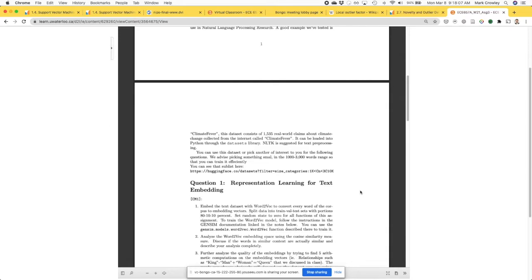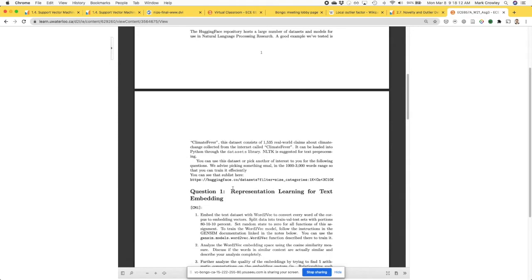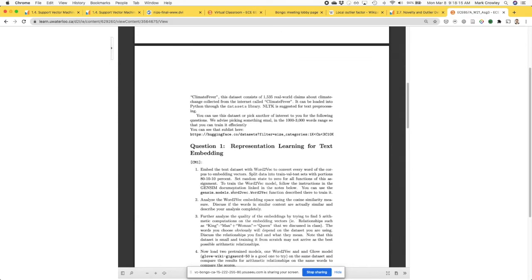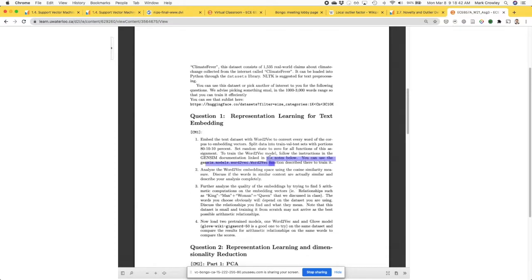And so a question was, what features are we to embed in the climate fever dataset? I'm not sure what you mean by that. You're not embedding features in the dataset. So when we say embed the dataset with Word2Vec, we mean that you've got the Word2Vec model. So in this case, you're going to take this pre-trained one. Word2Vec has been trained on like Google or Wikipedia or something like that. They have various versions of it at this website, and the link for that is at the end of the assignment. So it's pre-trained, and you basically take the, oh, you mean what features?